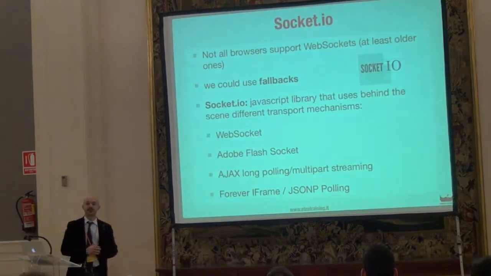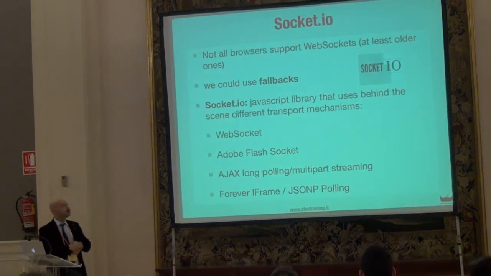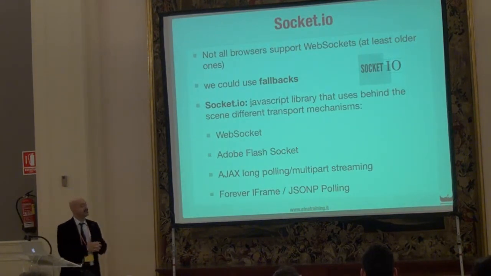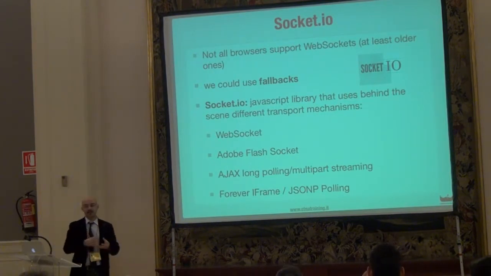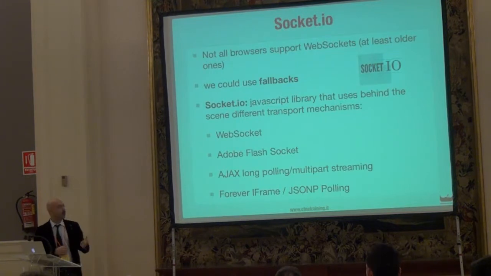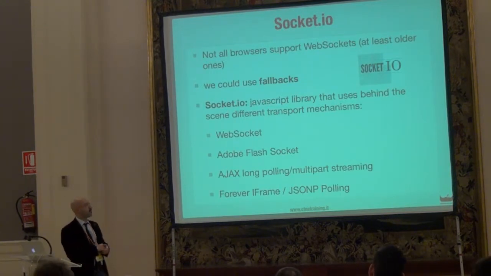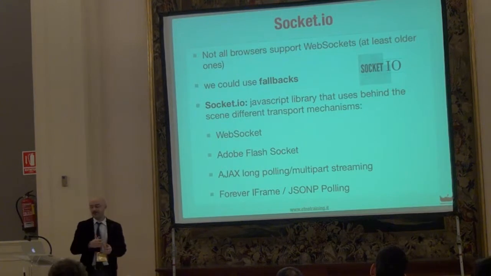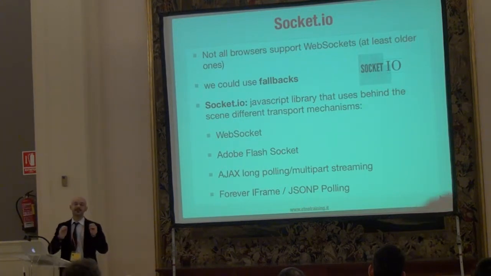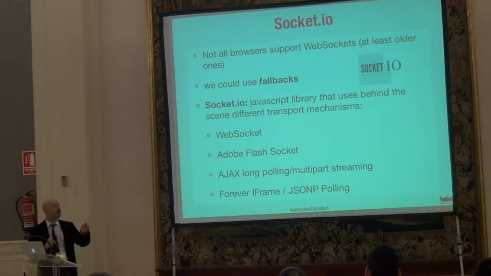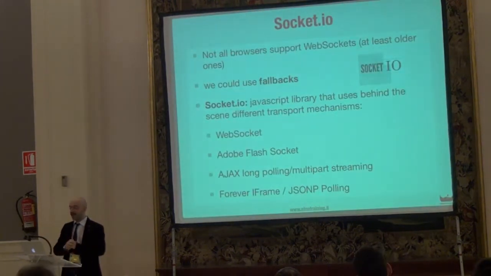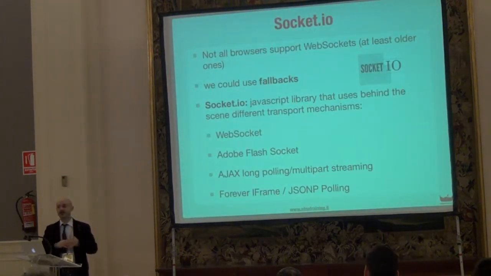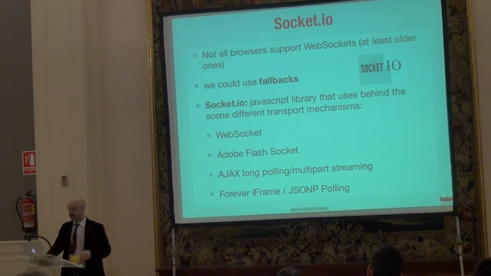This is called Socket.io. Socket.io uses fallbacks, so in case the WebSocket API is not available on the browser that the user is using, it will use Adobe Flash Socket, Ajax long polling or multi-part streaming, Forever iframe, and so on. It's a simple library that can be used both on the client side, in HTML5 and the other browsers, and on the server side, especially Node, and